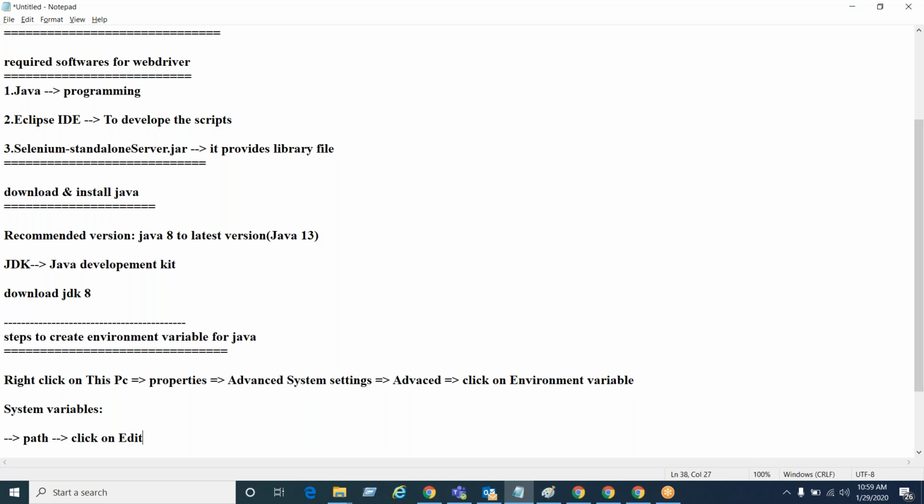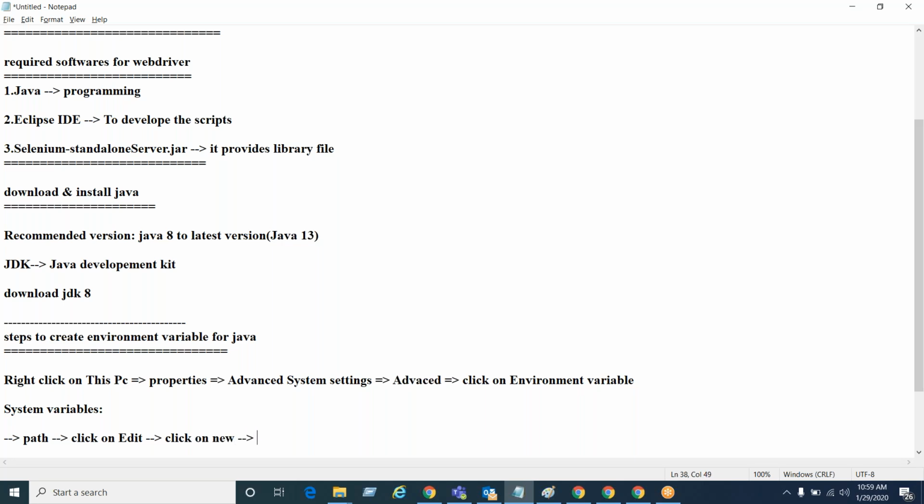The Path variable already exists, so you are modifying it by adding a new software path. So click on Edit, and then it will show a dialog. In that you are trying to create a new software path. So click on New